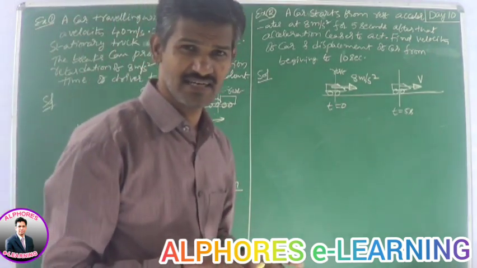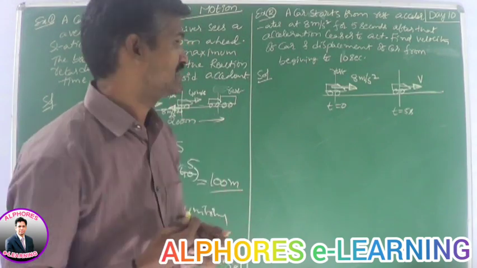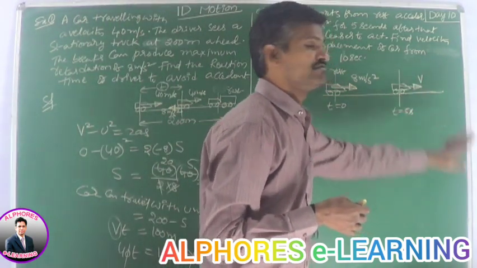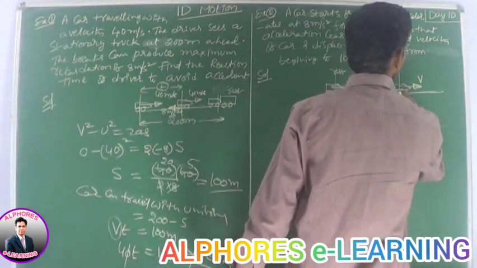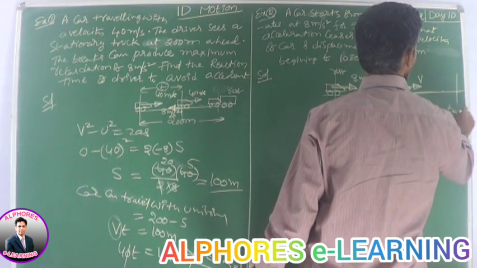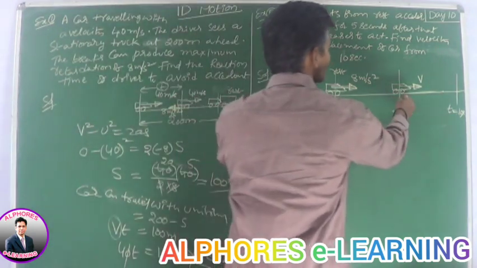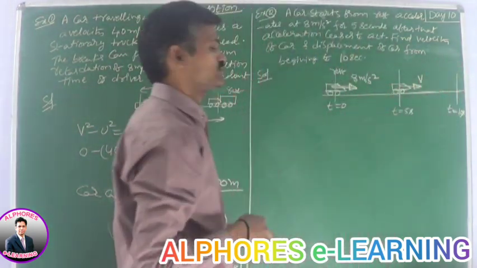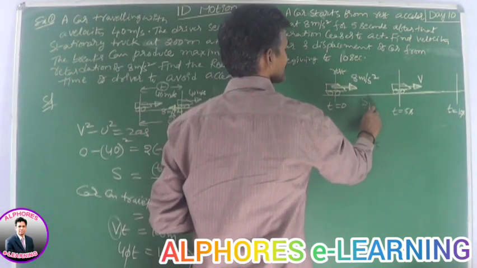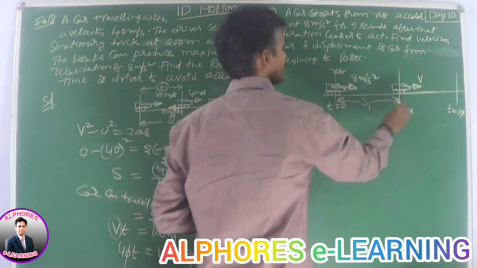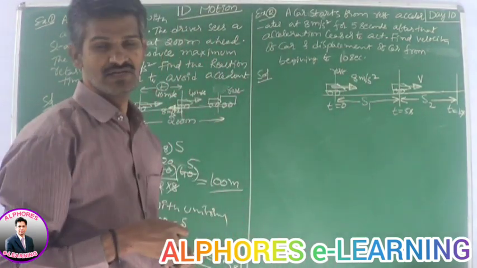If there is no acceleration, the car travels with the speed gained before. That is, it travels its remaining journey with velocity v. So from here it travels another 5 seconds, that is, total time is 10 seconds. From here to here it accelerates. Thereafter there is no acceleration, so the body travels with a uniform velocity. Suppose S1 is the distance travelled with the acceleration and S2 is the distance travelled with the uniform velocity.